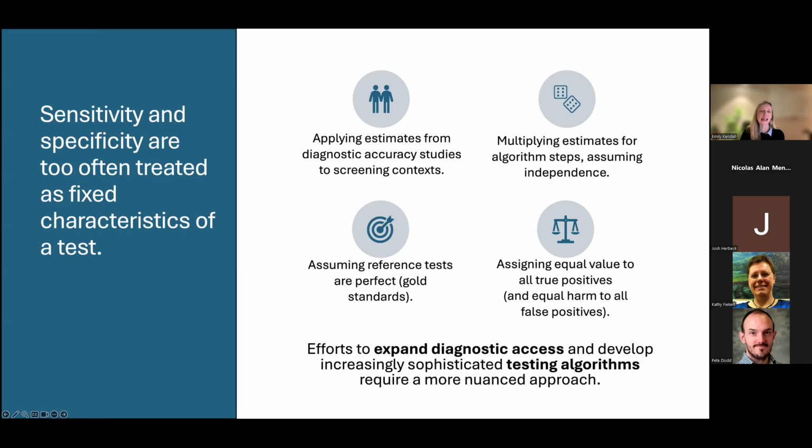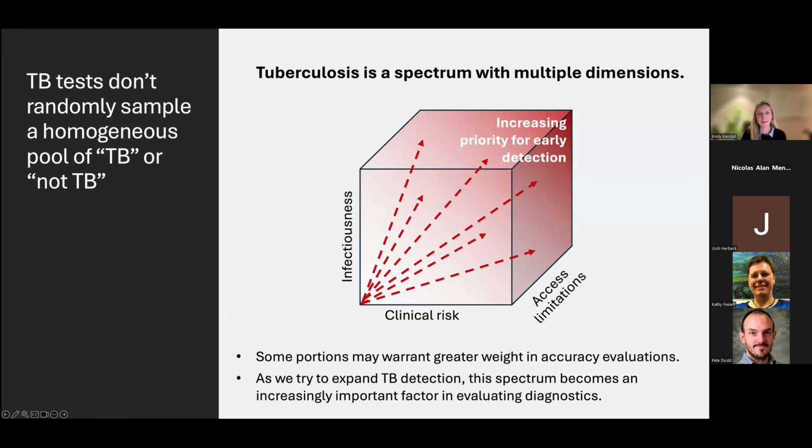And I think as we're making efforts to expand diagnostic access in TB and working to develop more sophisticated testing algorithms and thinking about detecting more forms of TB, including potentially asymptomatic or even bacteriologically negative TB, we need a more nuanced approach for thinking about how our tests perform and how to think about and quantify things like sensitivity and specificity. And this cube is a representation of the TB disease space and is meant to illustrate